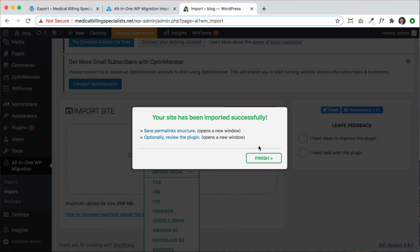Alright, once that's done, you're going to get this screen, and it's going to show you two things. Save permalink structures. I'm going to show you how to do that. That's something you have to do to make sure all the links work properly. Then leave a review if you want. So next we're going to click finish,